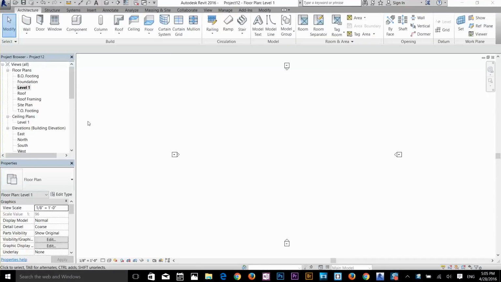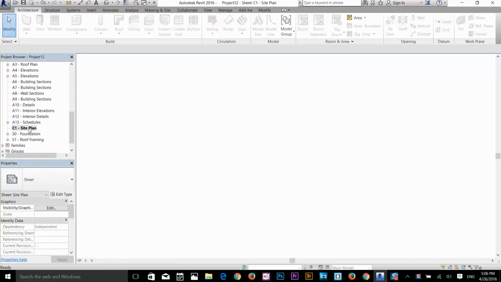I'm going to go to my project browser. I'm going to show you what else we have in this template. As you can see, we've got a lot more stuff than in the basic architectural template. I've got my site plan, roofing, framing, all that stuff. Down here I've got a lot of sheets available, and I've got schedules available, and there are so many things available in this template. Alright, let's go to our sheets, and I'm going to click on site plan, and here we have the details for our plan,